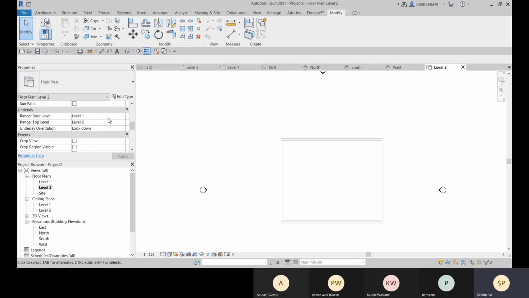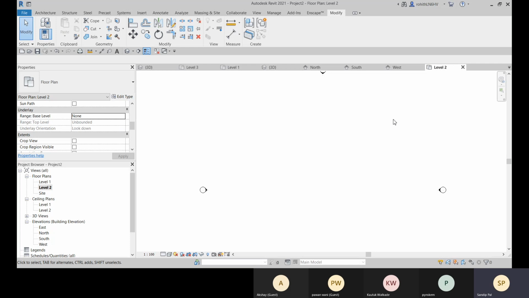You can see the range base level 1, and the top level 2, and we are looking it down. So all these elements which come from level 2 to level 1 will be visible here. So if you make it none, you can see nothing is visible right now. Okay, so I can include all the elements which are not present in this level 2, but I need to see it, or I need to include it in my plan.